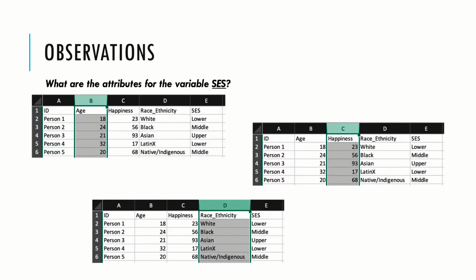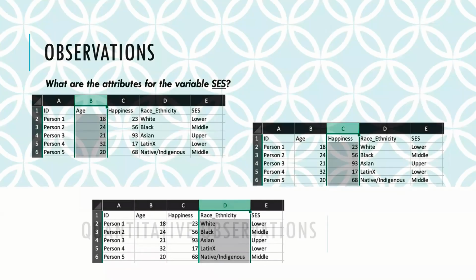Can anyone tell me the given attributes for the SES variable? Lower, middle, upper. Easy, right? We can just look at that and see, at least from this snippet, the head of the data set, there are 3 levels, right? A lower level, an upper level, and a middle level. Probably not as fine-grained as we would like, but that's what we get out of this data set. Again, you'll notice that when you start working with data sets, especially quantitative data sets, sometimes things aren't measured in the best way, right? What does lower mean? What does upper mean? What does middle mean? What about upper middle? All of these things are important. So we know what the attributes are.